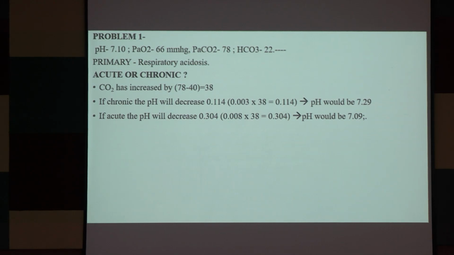7.29 হতে হবে। তো দ্যাট যদি 7.29 হতো, তাহলে এটা বলা যেত দিস ইজ ক্রনিক অর কম্পেনসেটেড। আন্ডারস্টুড? আমি বোঝাতে পারলাম? বাট এবার দেখ, এখানে ক্যালকুলেশন দেখ, এই অ্যাকিউটে কি হবে? 0.08 পিএইচ এর ডিক্রিজ হবে। তো 0.08 ইন্টু 38 কত হচ্ছে? 0.304। তার মানে পিএইচ উড বি 7.4 মাইনাস 0.304 মিনস 7.09। এখানে কত? 7.10। একদম কাছাকাছি। তো দিস ইজ অ্যাকিউট অর আনকম্পেনসেটেড।